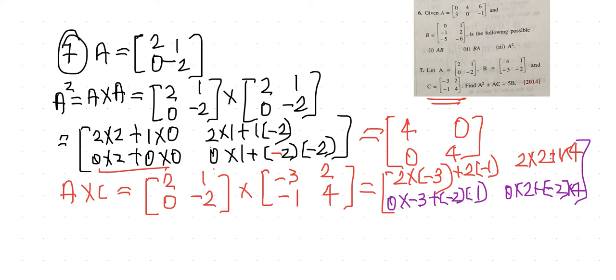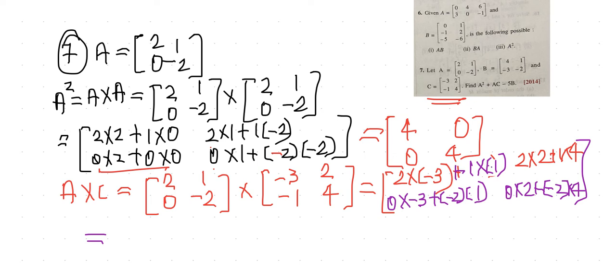Okay, so now what you are getting, children? Just look into it. So 2 into minus 3 is minus 6, minus 2 is equal to how much? Just a second, children. So 1 into minus 1. Okay, so silly mistakes have been done. You need to avoid them, children. Okay, so write down here, this is plus 1 into minus 1. Okay. So now how much is this equal to?